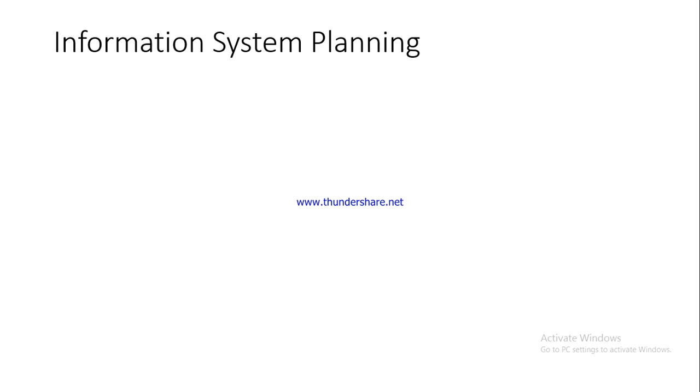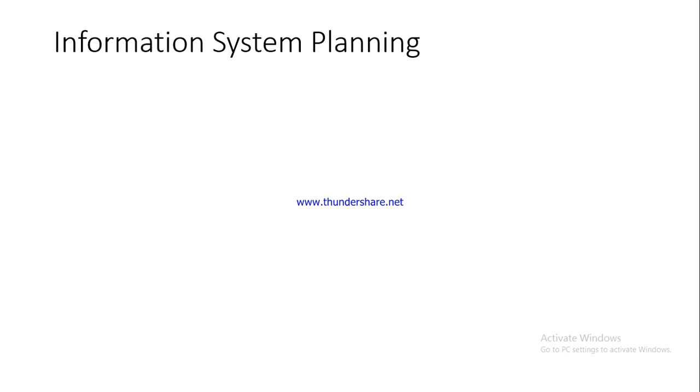I hope you know that plans are prepared for the short term, the medium term, and the long term. So here we'll be talking about planning for information systems, and we'll be taking into account all these three different time frames. The long term, which is more than 5 years, 7 years, the medium term, which is around 2 years, 3 years, and the short term plans also, which are made for maybe 1 year or a shorter time frame, right?